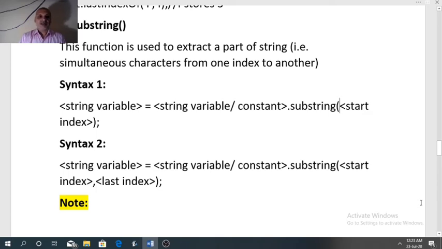Start index is included. It means the compiler will consider the starting index, but the last index is excluded. The compiler will not consider the last index. It will consider one index less than the last index. Now we will see the example.